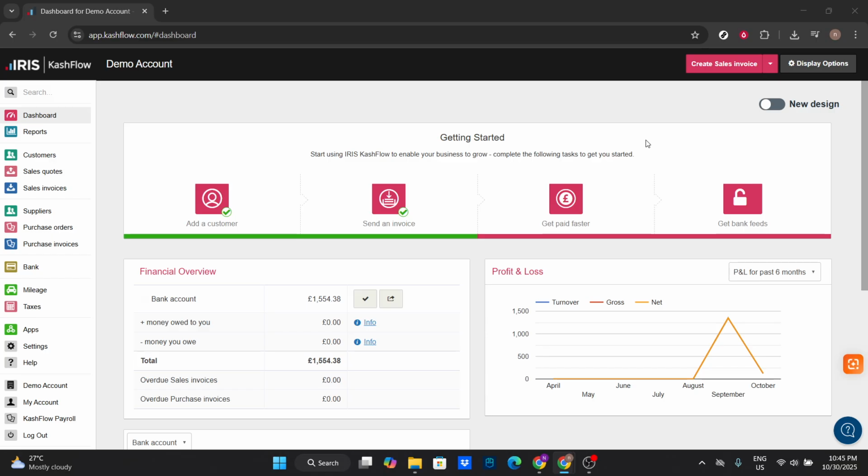Once you're on the dashboard, the next step is to click on the bank option. This will take you to your banking section where you manage all your financial accounts linked to your business. It's like the control center for your company's monetary flow, playing a crucial role in helping you keep track of